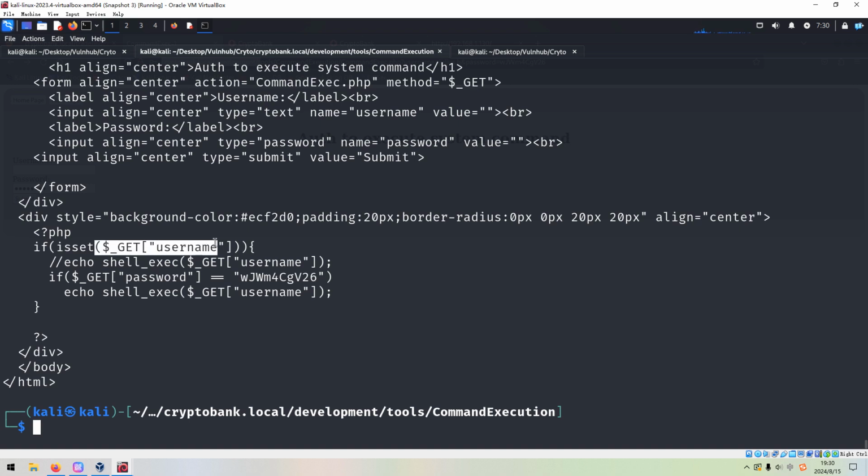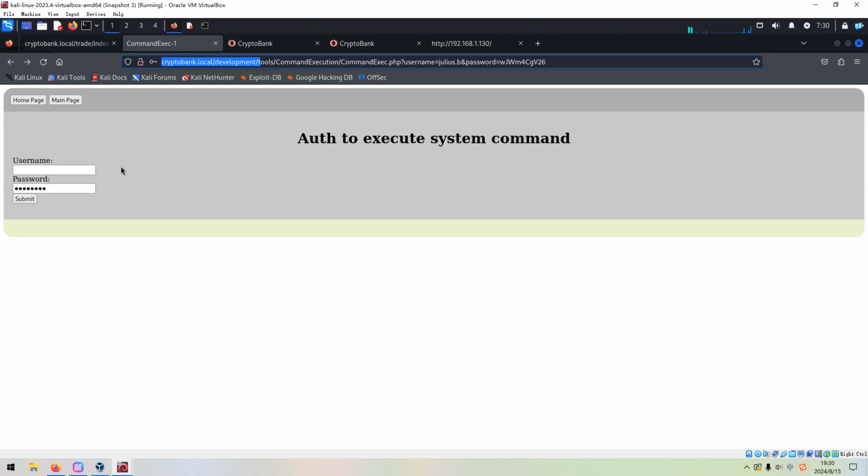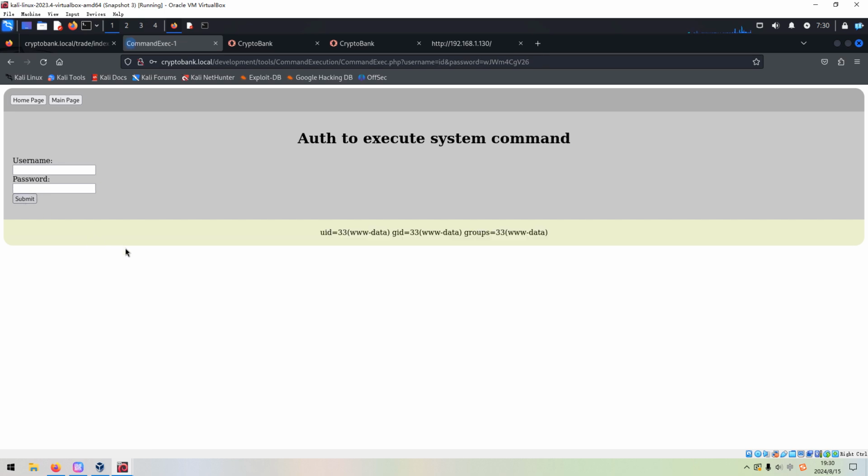It sets username, and actually here username is not a username, it is the parameter to execute commands, right? So this is the standard PHP function which you can use to execute or run commands. However, we need to provide the password. We can copy and paste in here. And then I think we can paste in here and run a command like ID. Submit. As you can see, the command ID has been successfully executed.